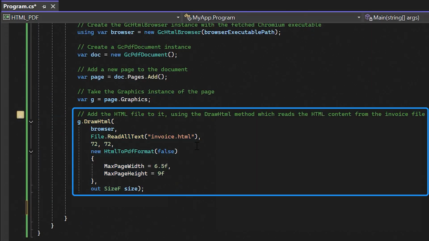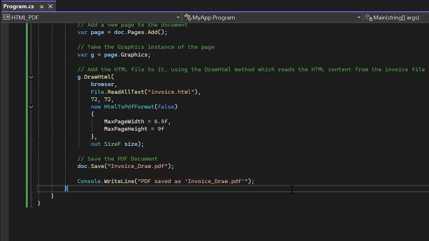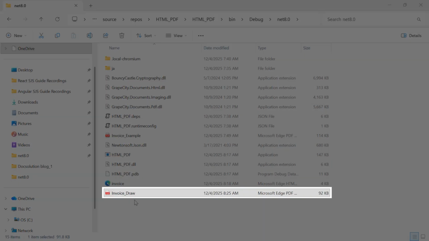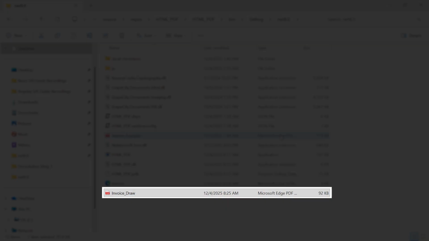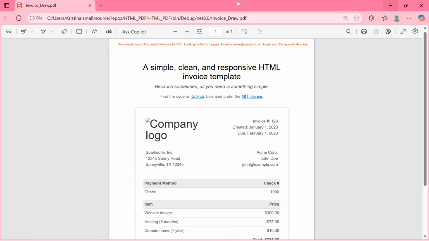Next, read the HTML content from a local HTML file and use the Draw HTML method to render that content at a specified position within the PDF page. Finally, save the generated PDF document to the local machine. After running the application, the generated PDF file is saved locally in the bin folder. Here we are opening the generated file to see the HTML content has been successfully converted to a PDF using